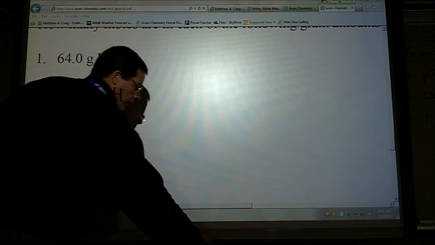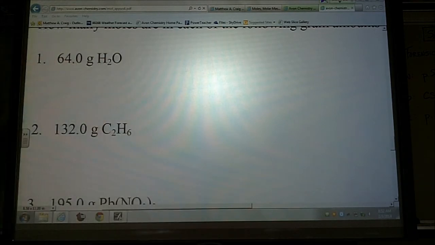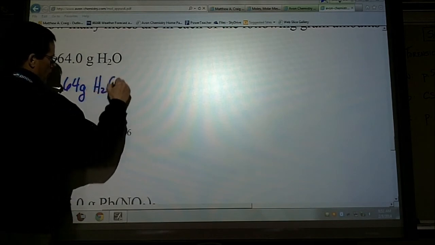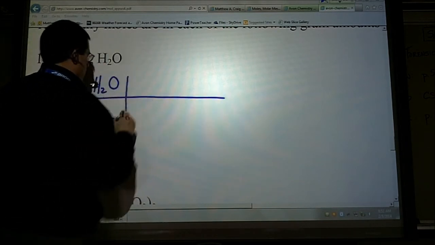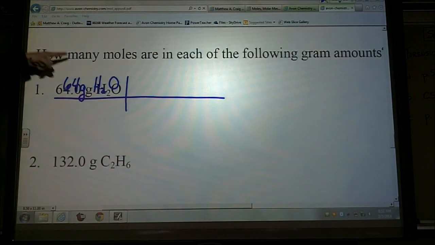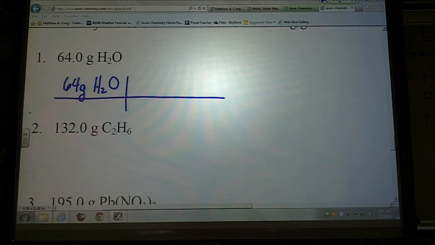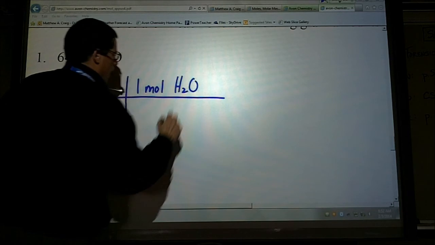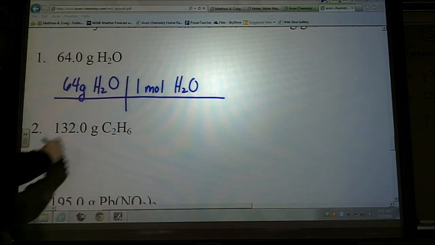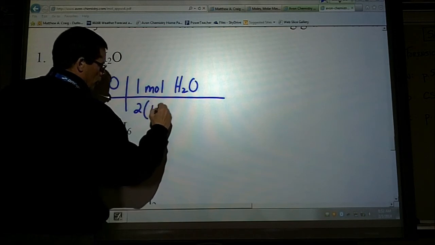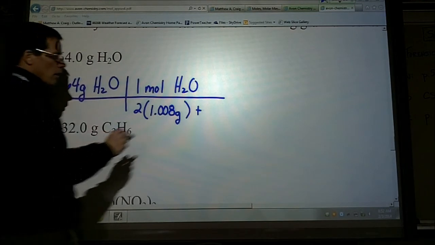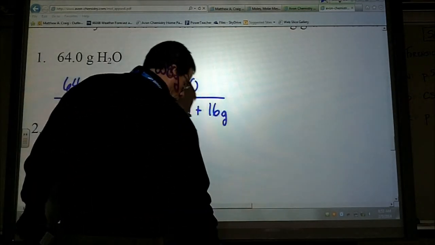Okay. So here, let's look at number 1 here, 64 grams of water. What do you start with? 64 grams of water. Okay. And what are we looking for? Moles. Okay. So what goes right here? 1 mole of water. And what makes up 1 mole of water? We have how many hydrogens? 2, and that's 1.008 grams. Plus, how much does oxygen weigh? 16 grams. So all of that is